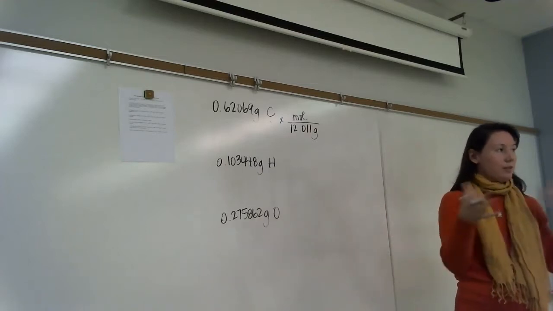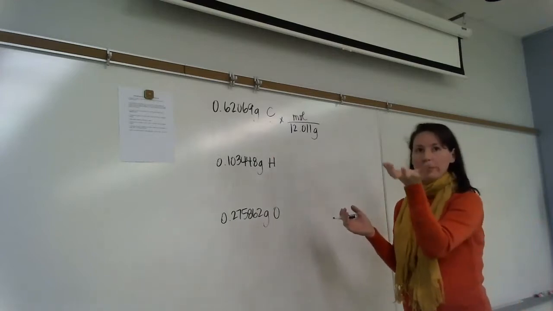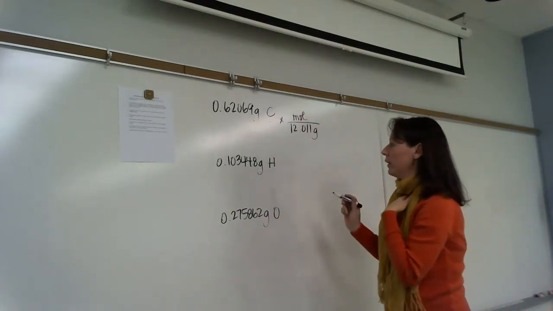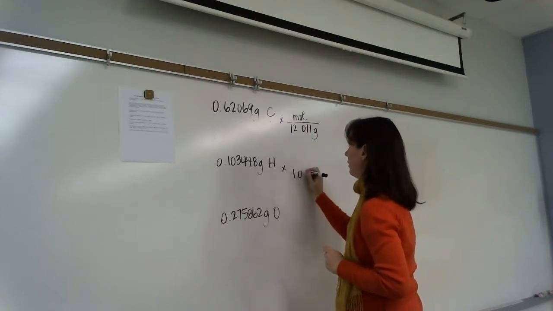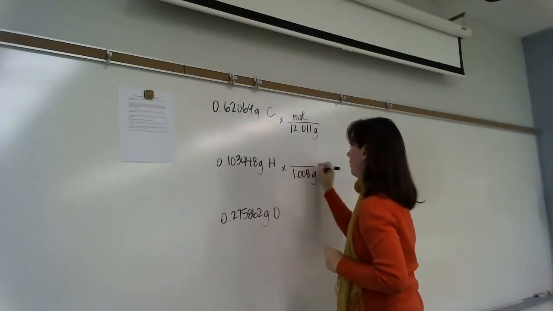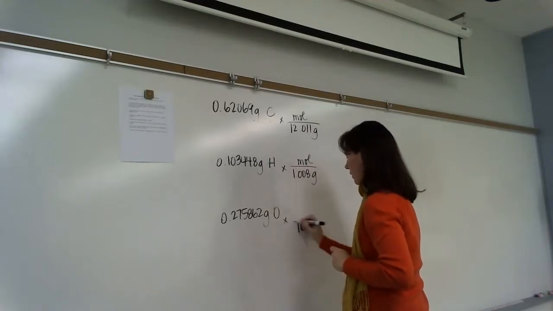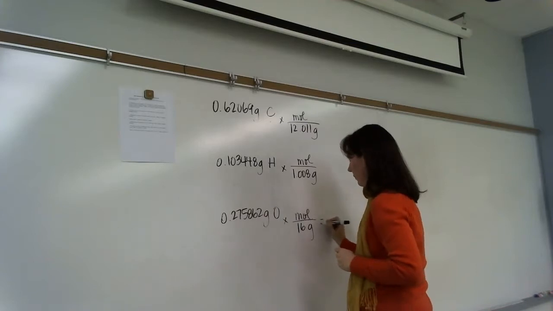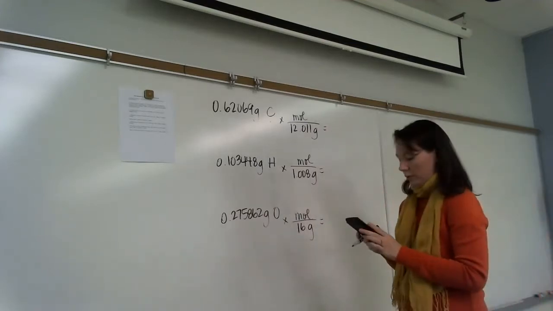You don't have to convert those percents into grams if it's already given to you in grams. I'm telling you a 1 gram sample was composed of this. I can just do my conversions. All right, so